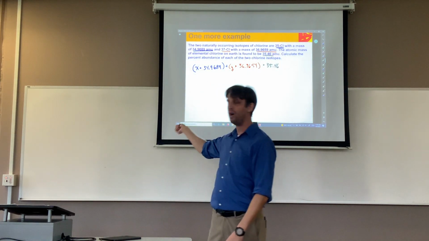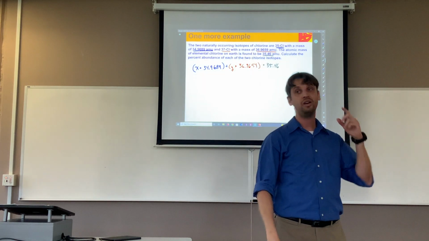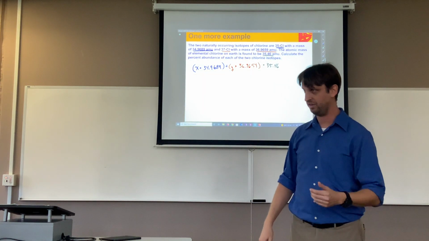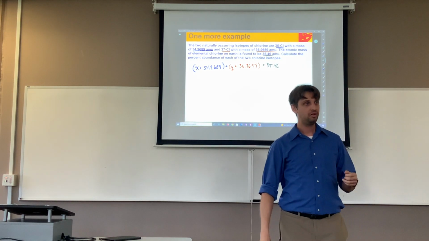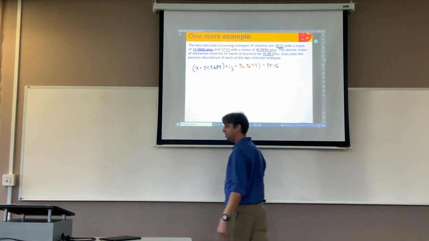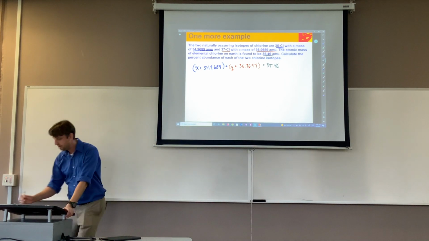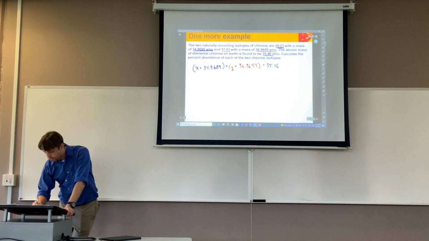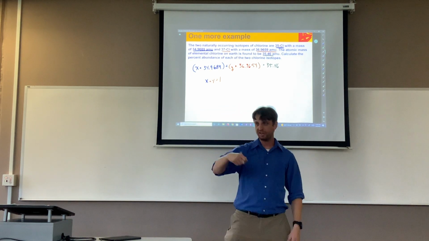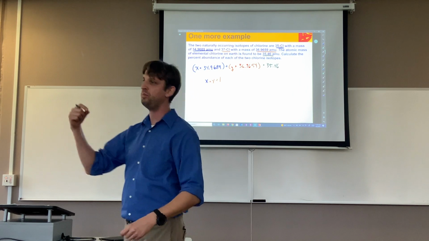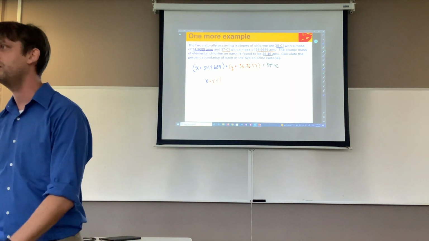How are X and Y related? X and Y are percentages. With me? So how are X and Y related? X plus Y equals 1. X plus Y has to be equal to 1. You guys with me? What does this mean? How in the world did we get that? X plus Y is equal to, whoops, I gave away the answer there, but that's fine too. X plus Y has to be equal to 1. They're percentages. X percentage plus Y percentage has to be equal to 100%.